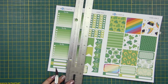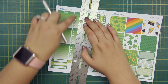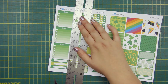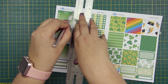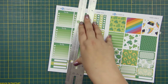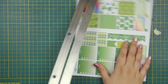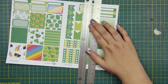This probably seems obvious, but here's a little trick for cutting multiples at once if they're all lined up perfectly: you can line everything up for yourself and then go ahead and overcut. It's really better to overcut than undercut the edges, because it really doesn't matter. You see that I did all three of those in one, so then I can go back to this